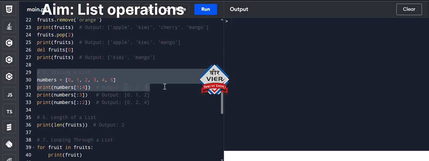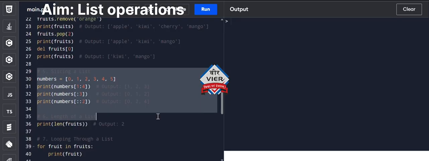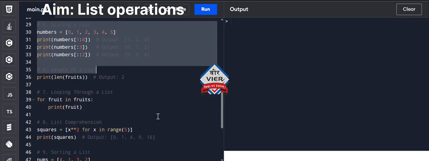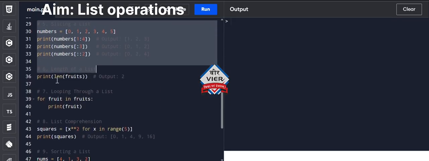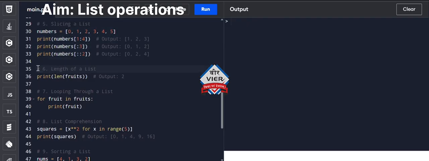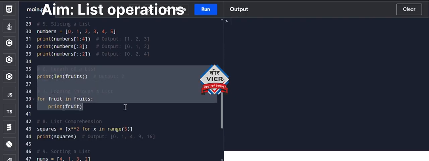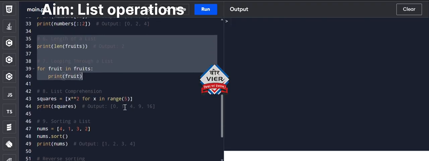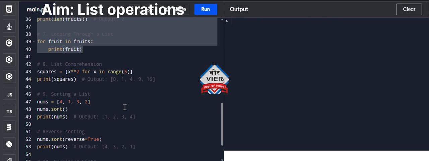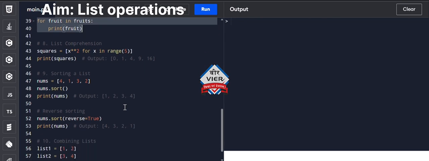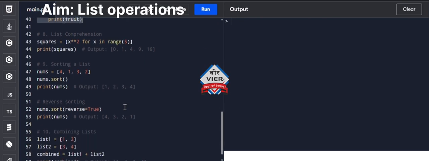Removing items, taking things out. You have three powerful ways to remove elements. 1. Remove: use this when you know the value you want to get rid of. For example, fruits.remove(orange). It removes the first matching instance. 2. Pop: this method removes the item at a specific index, for example fruits.pop(2), and has a bonus: it returns the item, so you can save or use it. If you don't give it an index, it pops the last item. 3. Del statement: this is a general Python keyword used to delete an element by its index.